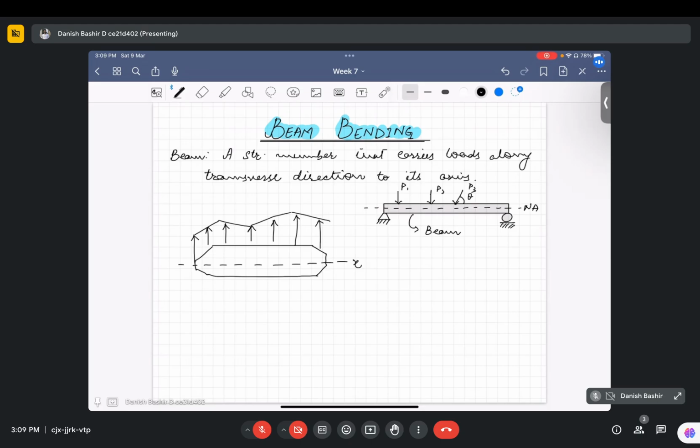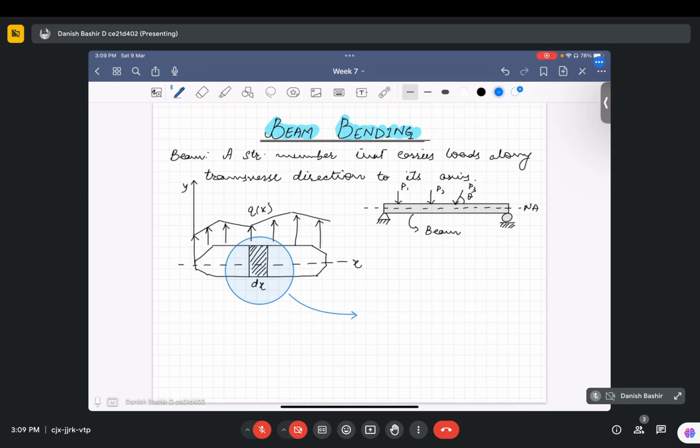This is its x-axis, this is its y-axis, and it has a varying load q of x acting upwards. If we cut a very small element of width dx, and we detach this element from our main beam element and see its equilibrium,